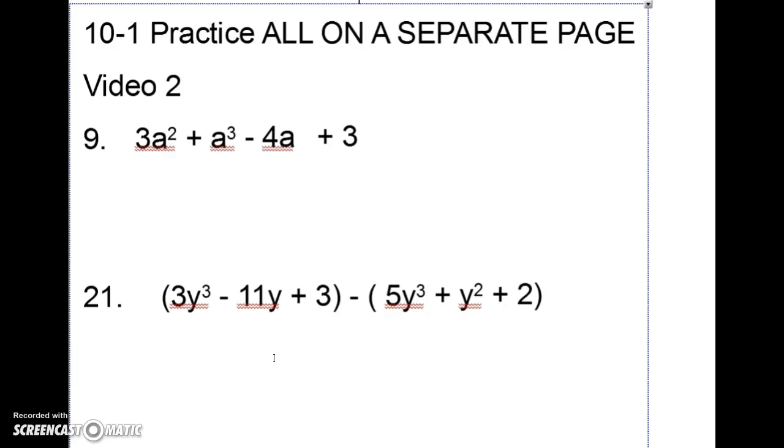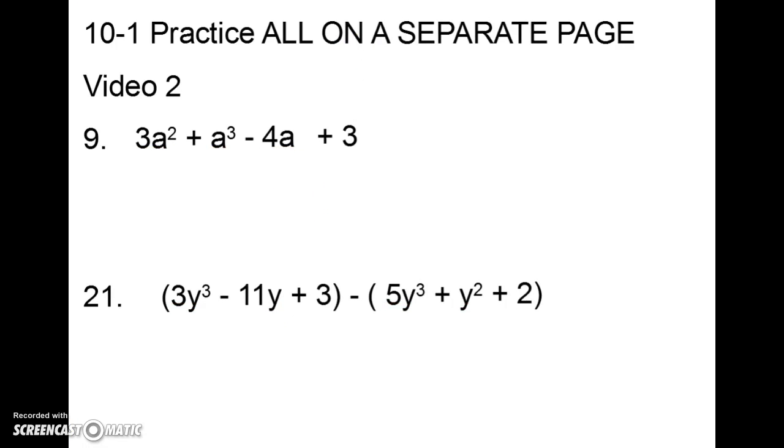Hello, this is the second video for practice 10-1, which we're doing all of them, 1 through 58, on a separate page. Now, number 9, all it asks us to do is move this into standard form. Now, we have to think back, what is standard form? That is just rearranging our terms from highest exponent and then start to decrease down through our next exponents, ending with our constants. So the first thing we need to recognize is that my largest exponent is a 3,